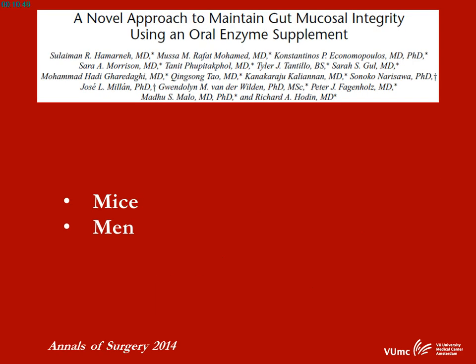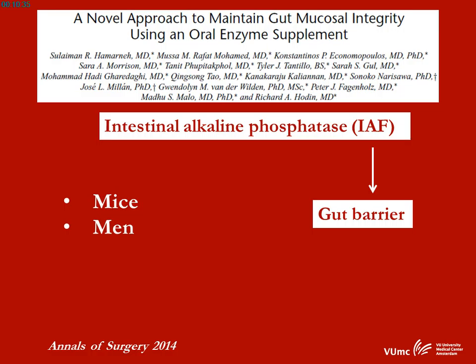This is a very elegant translational study in mice and men, and it looks for gut mucosal integrity. And it looks for the role of intestinal alkaline phosphatase, which is really interesting stuff, which can also be infused intravenously, and there is currently a larger trial that will be started. But in this case, the intestinal alkaline phosphatase is administered enterally, and I show some results,